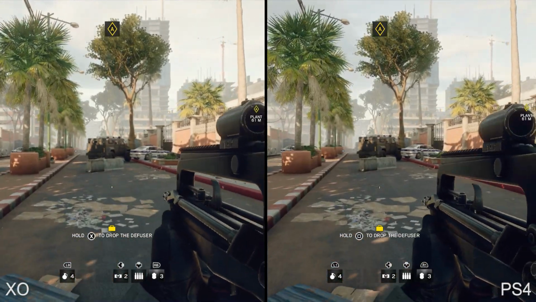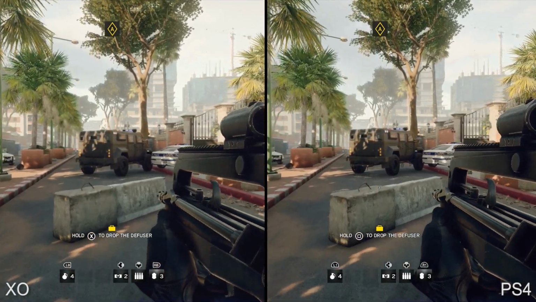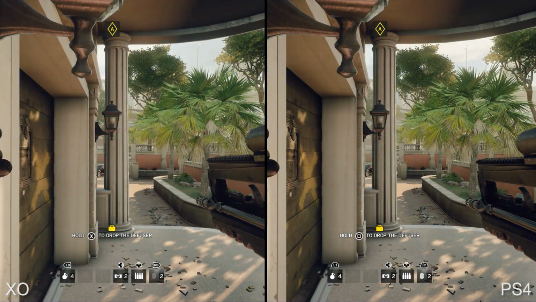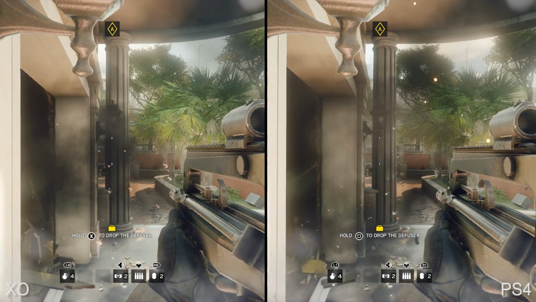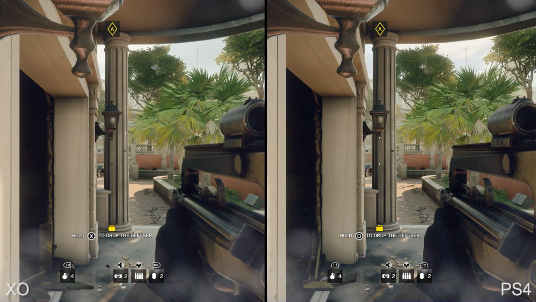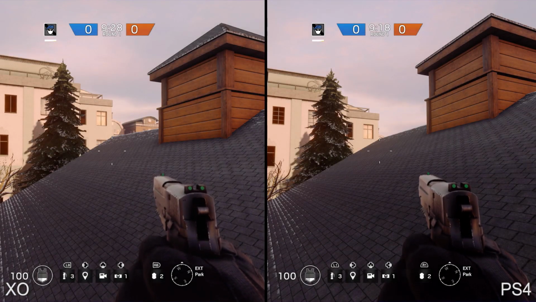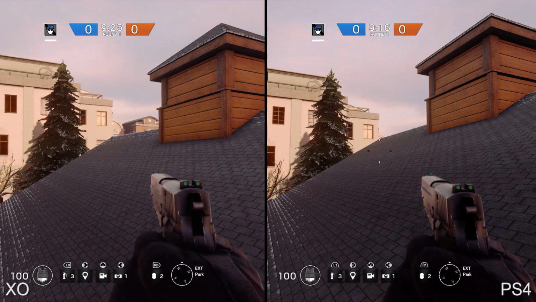You might occasionally spot a difference in LOD pop-in, but by and large, only the resolution separates the two visually. What's interesting here is that we see a clear improvement over the pre-release beta version of the game. When we first looked at Siege, it was discovered that the PS4 version was lacking anisotropic filtering completely. In the final game, this has been corrected, and both versions sport a very ample amount of AF, as you